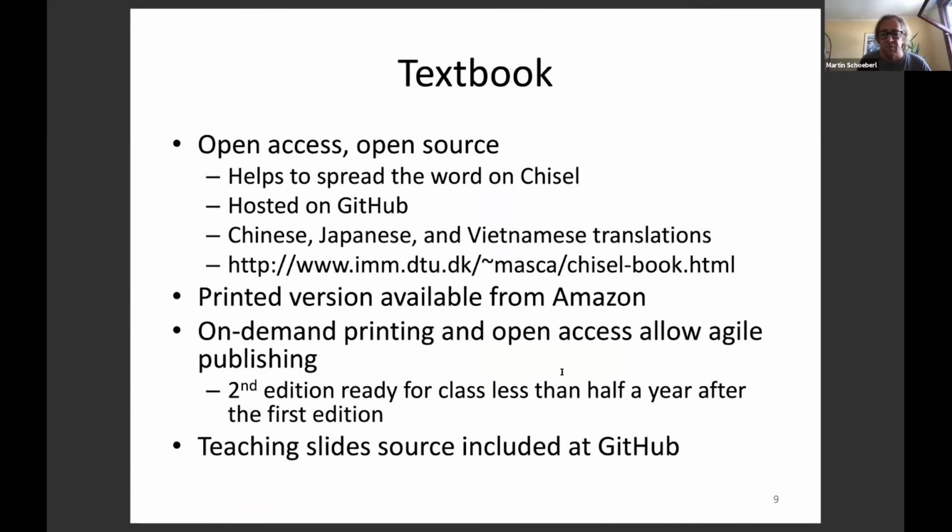If you want to get a printed version, you can just tell Amazon to print it for you. It's a few dollars. And actually, this on-demand printing, Amazon prints exactly when you order one, it prints one. So this is a very agile way of publishing. In the early days, everything was printed ahead. So doing a new edition was very cumbersome and expensive, but now it's just uploading a new PDF. And one day later, after some manual check, it's available. So you can actually adapt to the agile hardware development of Chisel by doing agile publishing of a book.